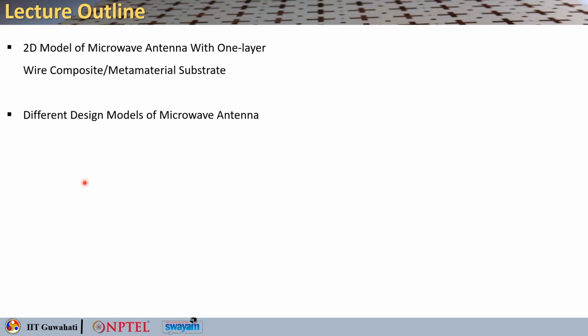Today's lecture will be discussing the 2D model of microwave antenna with one layer metamaterial. So, it is basically the continuation of the previous lecture. Here is the lecture outline. We will complete our discussion on this 2D model of microwave antenna with one layer wire composite or metamaterial structure as a substrate that we started earlier, and then we will also look into different design models of